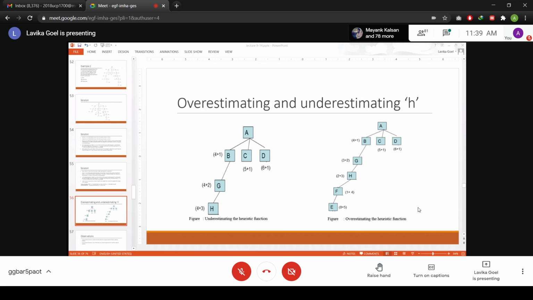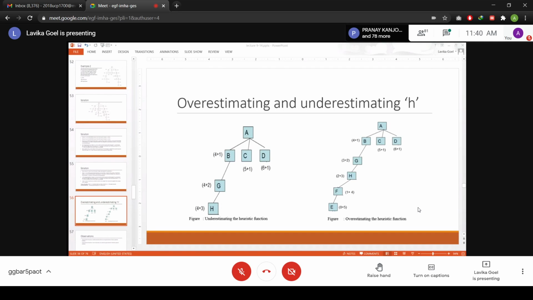Okay, so if you see when you generate from B, when you generate G, G has got an F value of 6, right? And the other nodes in the open list, that is C and D, they have got F values of 6 and 7. So you continue on that path only because C and D have also not got a lower value. So you continue on this path only.